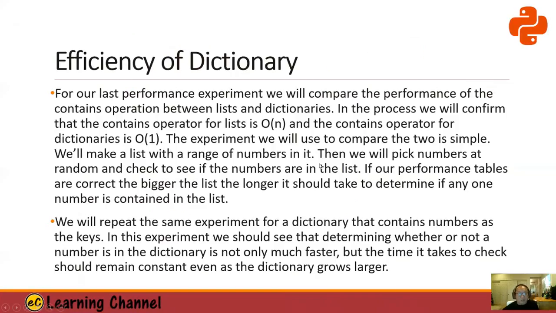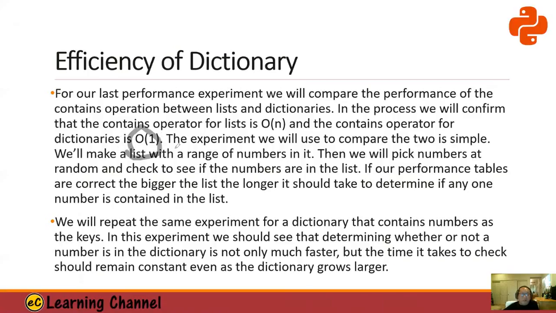Okay, so efficiency of the dictionary. Our last performance experiment compares the performance of the contains operation for list and dictionary. In the process, we will confirm that the contains operator is order of n in a list, but in a dictionary it's actually faster. So as you can see, dictionary is maybe a better